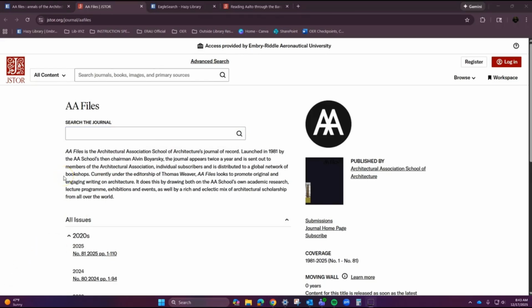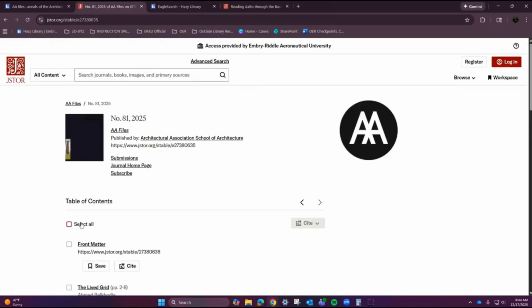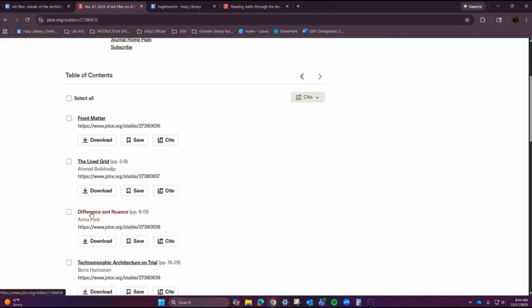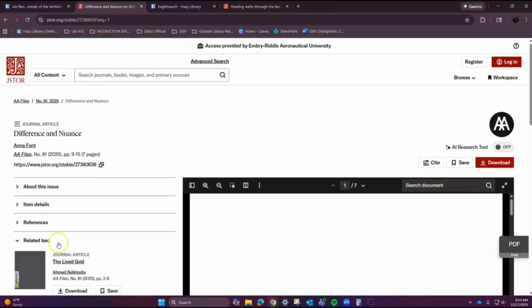The Search in this Journal function on this page is almost identical to the search we did on the previous page, allowing you to use keywords across all issues. But if you go ahead and click on a specific volume or issue, such as number 81 from 2025, you'll access the list of full articles from this specific issue. From there, you can click on the article that you're interested in and get the full text along with clickable links. From here, you also have the option to view the article as a PDF or save it to your computer as well as printing.